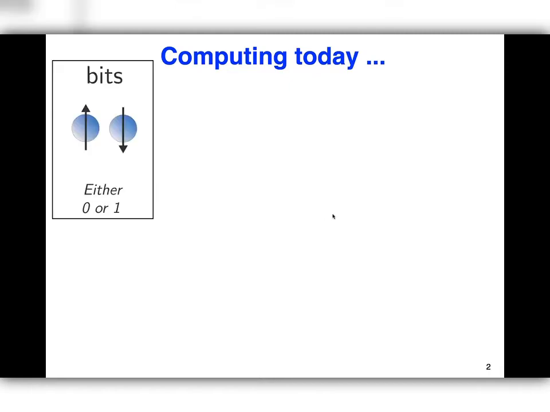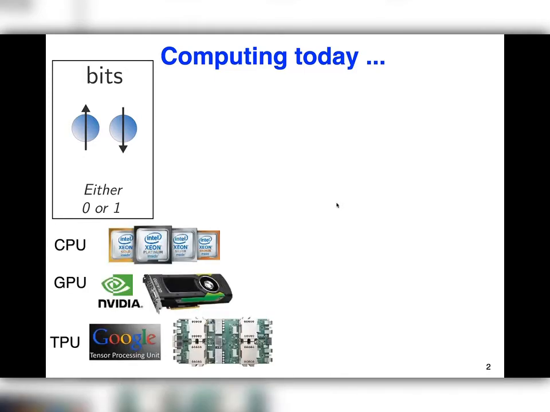Now, as you all know, most of our digital compute is based on the idea of the bit, which is really a deterministic 0 or 1. And these bits are represented by our transistors that we've scaled up to billions and billions of units in these chips that we built, such as CPUs, GPUs, and even lately, these specialized application-specific chips like tensor processing units that are called TPUs.